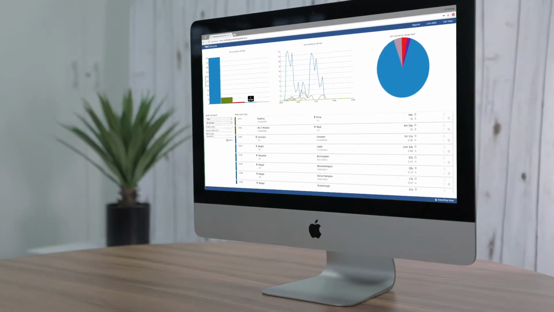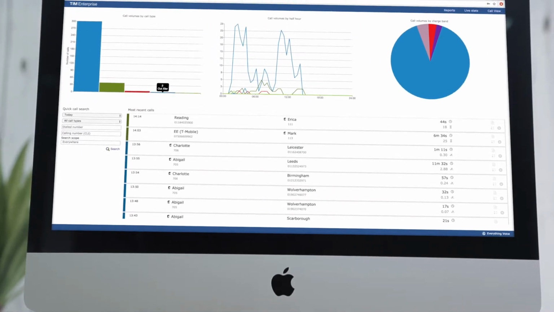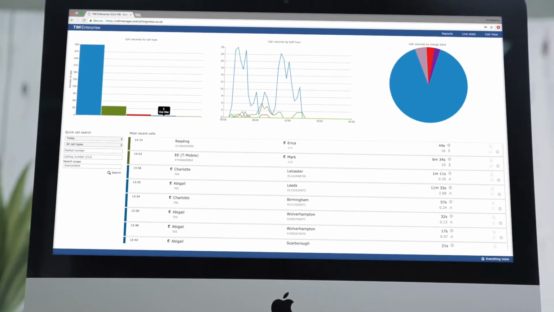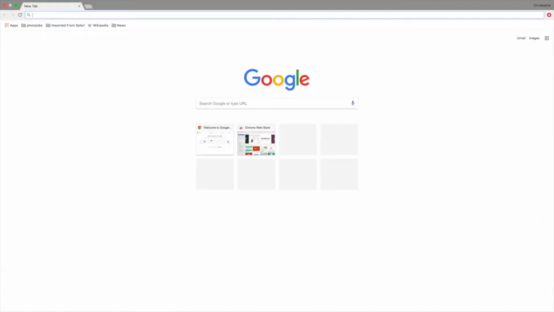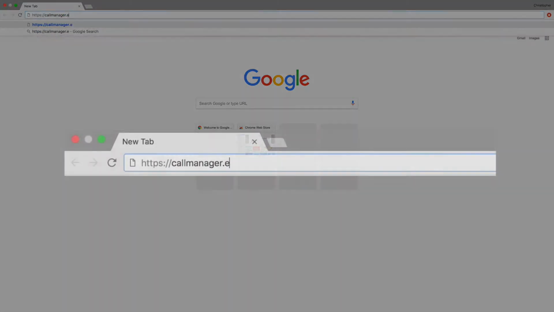Call Manager is our software which collects raw data in real time for more than 90% of business telephone systems and transforms this data into actionable reports and live statistics. In order to access Everything Voice's Call Manager in your web browser, type in the address